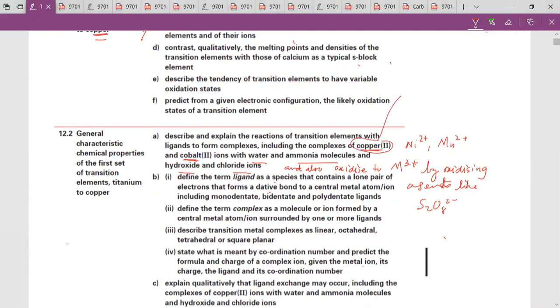Okay, we look at the reactions. Reactions of copper 2 plus. Second one, cobalt 2 plus. Third is not mentioned here, but they will ask you on reactions of nickel 2 plus and Mn 2 plus. Basically, the reactions are, of course, one is the aqueous ion,